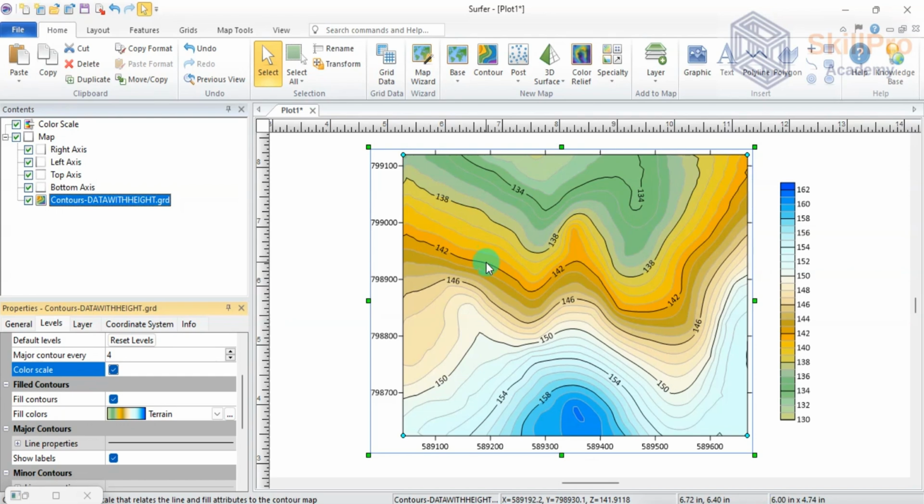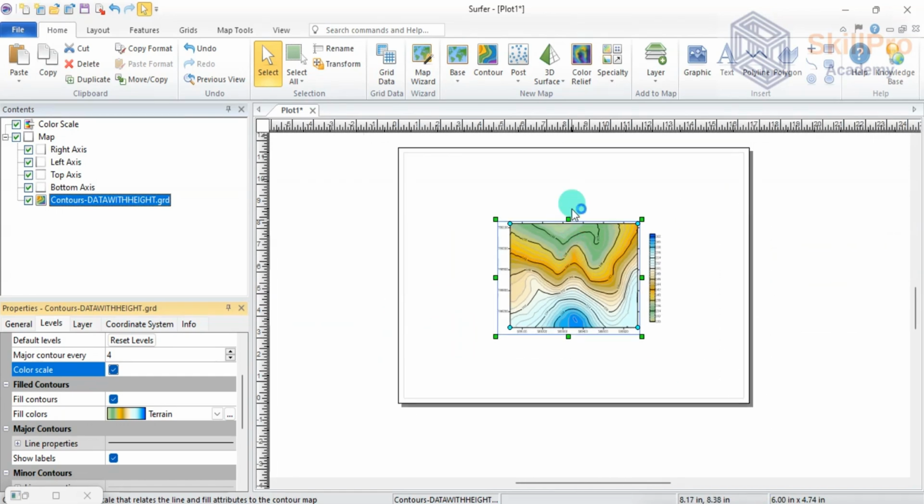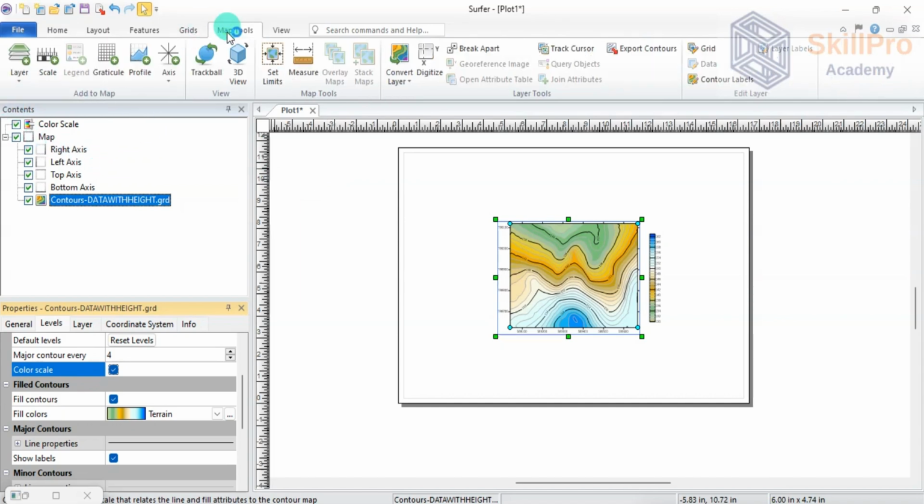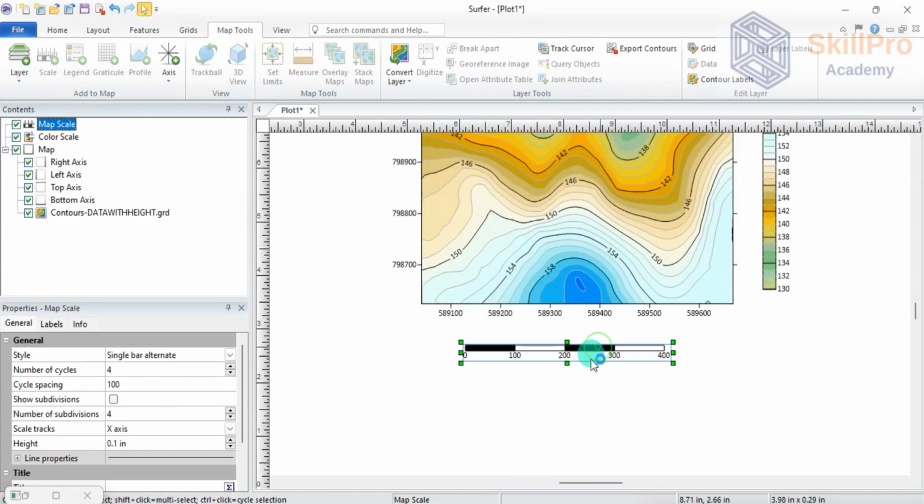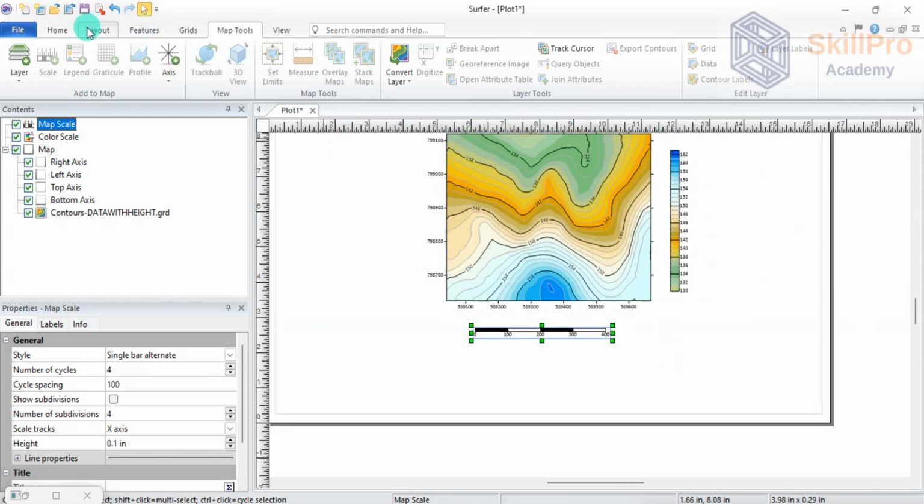And this is our contour map. You can actually edit it by adding some features to it. And what are the features you can add to it? You can come to map tools and add your scale to it. The scale is automatic. Then you can also come to